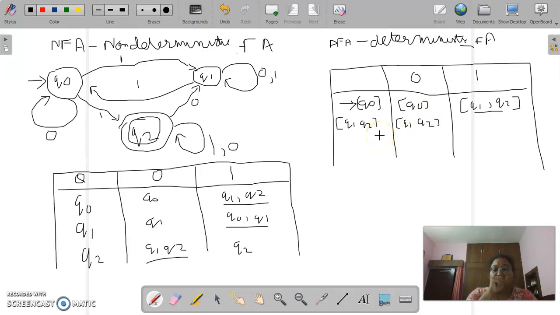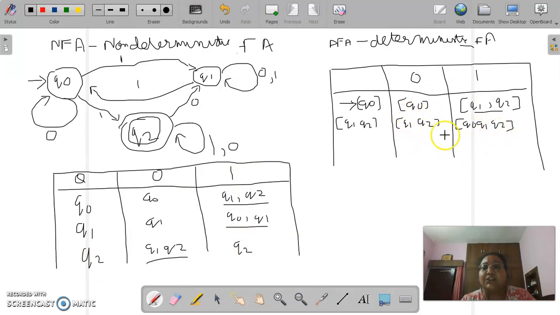Then Q1 for an input of 1 generates Q0, Q1, so that is what we are going to write here. We have Q0 and Q1 for the state Q1, and Q2 on an input of 1 goes to Q2, so we will write Q2 over here.